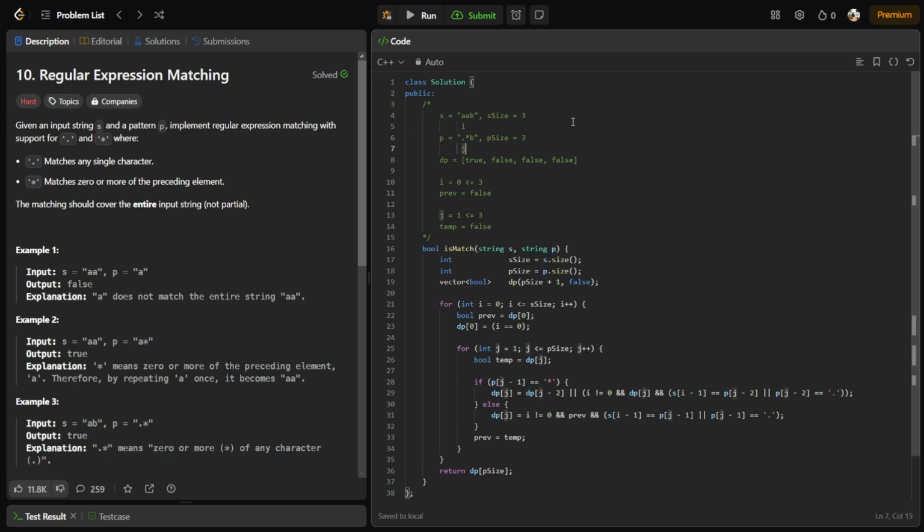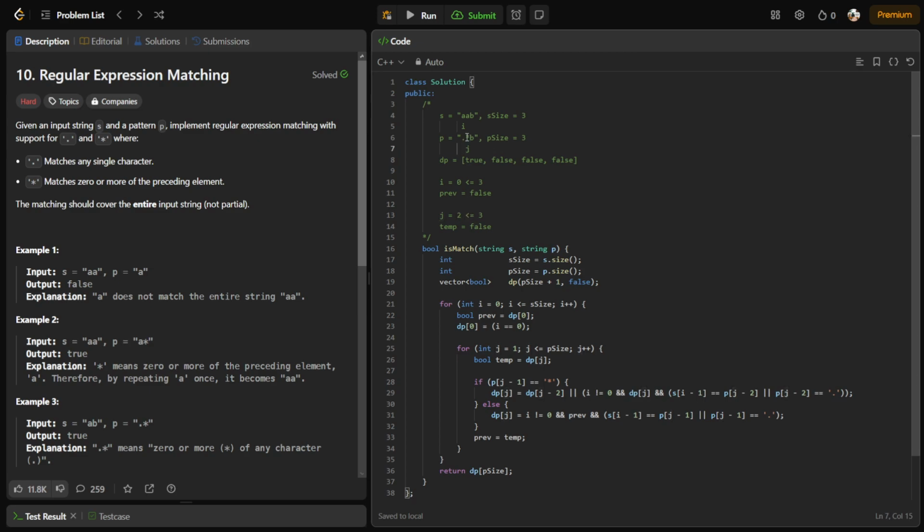This is j, this is i. So now we check whether or not this character is a star. Since it's not a star, it's a dot, what we do is we go through this else statement instead. So dp[j] equals, we check whether or not i is equal to 0. Since i is equal to 0 and it is an AND operator, we can just convert this as false. dp[j] is false. Previous equals temp, they are both false, nothing to change there. j will increment